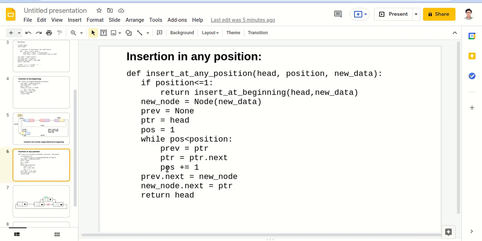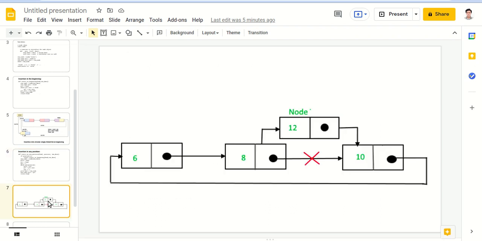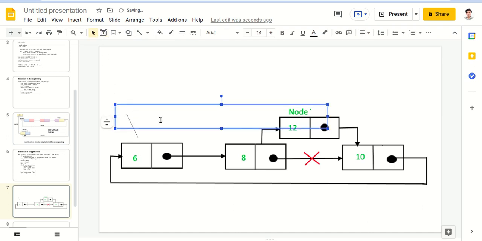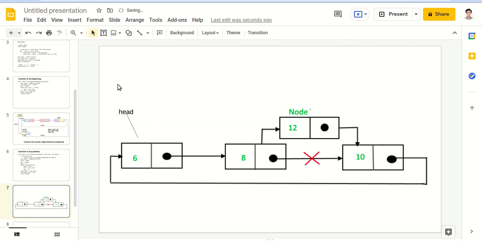Now one more thing you should know. If the position value is greater than the number of nodes in the circular linked list, then also it will be valid. Now suppose this is the third position, right? If we reach it in the first round only. Now if we take the value as 6, let's see where we reach. We start from 6. Head is pointing to 6 initially.